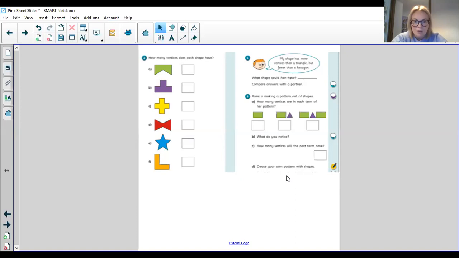Now, tomorrow you may have noticed, there's no pink sheet and there's no pink video. That is because I would like you to do what's on the Friday star in the maths folder. So the main task, because we are going on a shape hunt. So that's going to be exciting. You're going to go around your house or perhaps outside if possible to look at some different 2D shapes. Okay, so I will see you tomorrow on the main teaching video, all in the